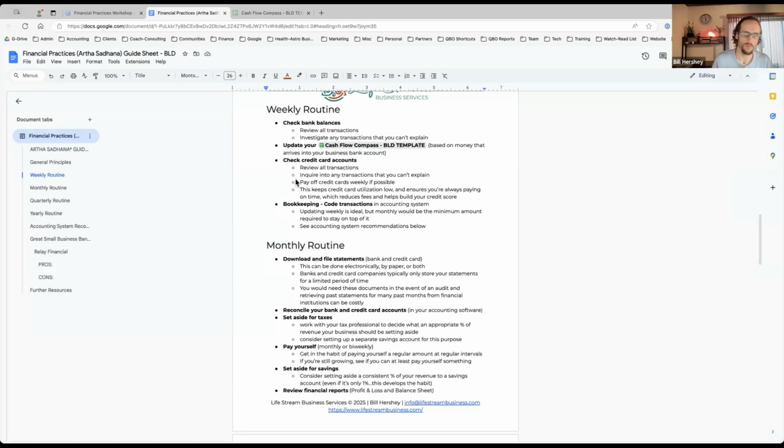Some people even use YNAB, which is really more of a personal bookkeeping software, but it can work for a business. I've seen folks doing that. And there's others, and I'll have a list of them further down on this sheet for you to check out. But essentially, if you're doing bookkeeping in one of those softwares, you want to go on a weekly basis and code the transactions. And I recommend doing it weekly because that way it's still fresh in your head.